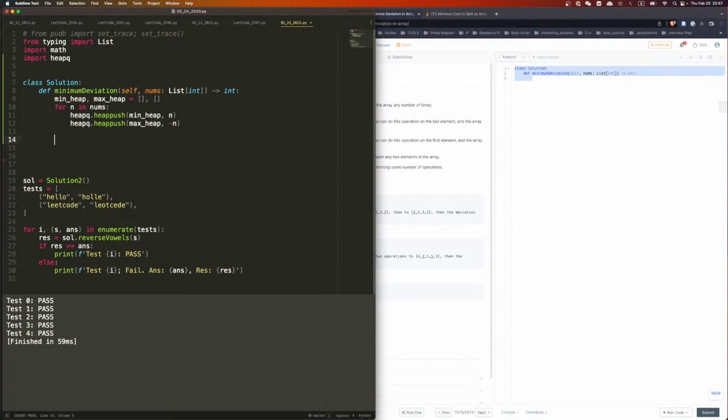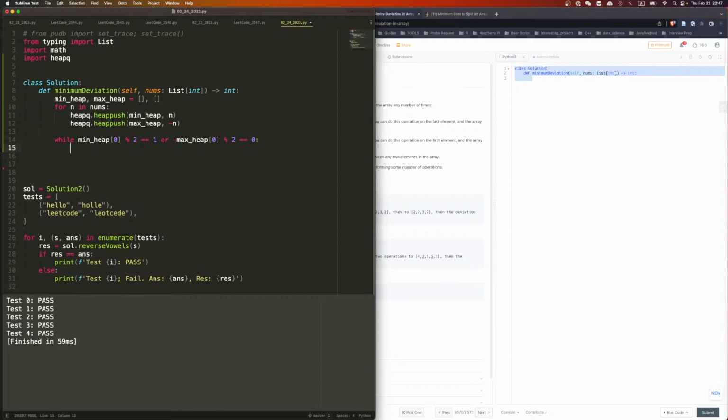Once we're done, we say while the top of the min heap has to be odd, because I want to go up, and the max heap top has to be even. Actually, it should be or, because only one side can do it, right? Then we say update. So while